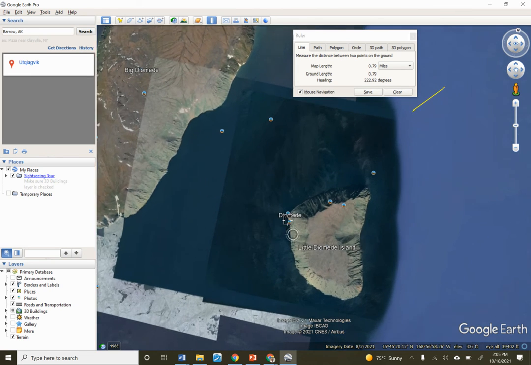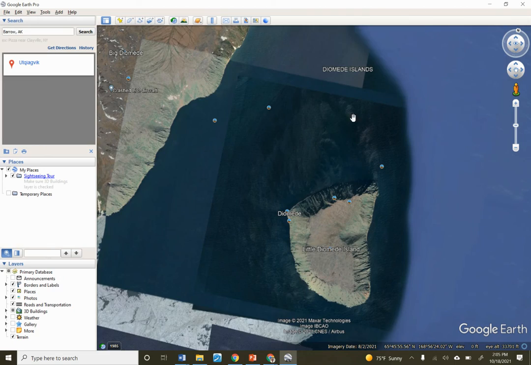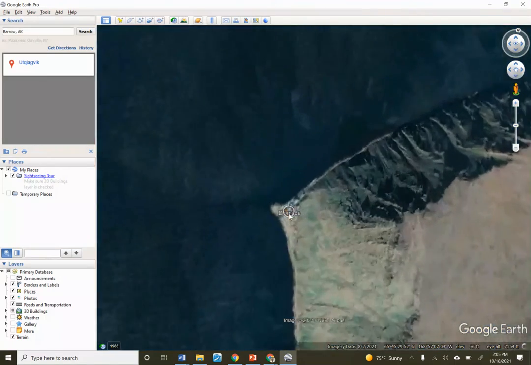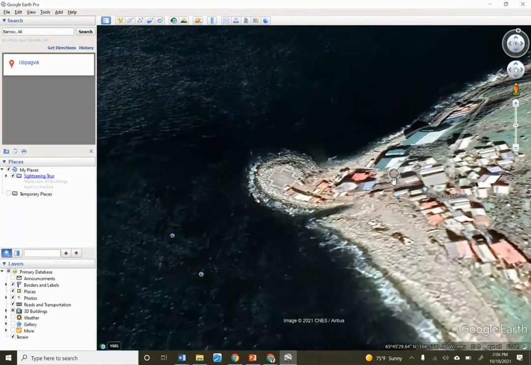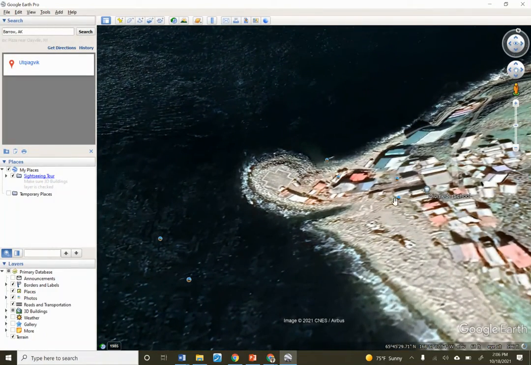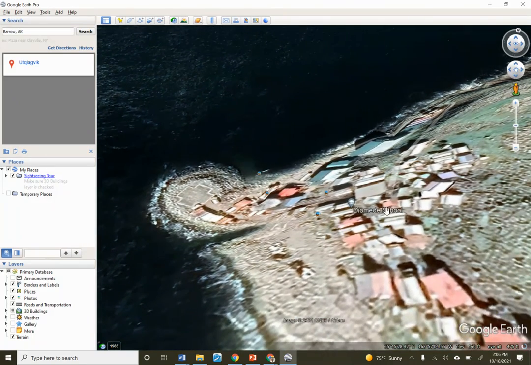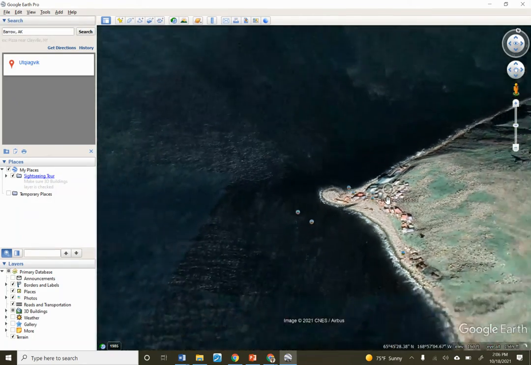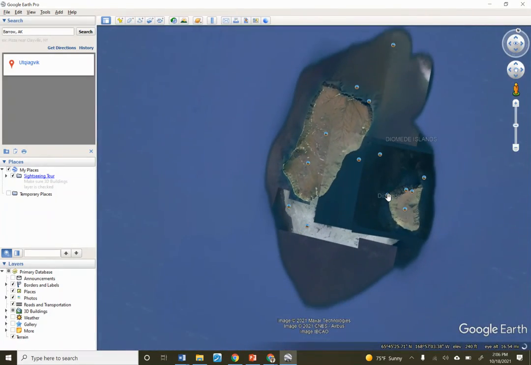Let me show you something else. Right in here, let me close that. So right here, yep, there's a fishing village. And the only way in and out of this village, if you've got to go long distances, is by helicopter. So this is the helicopter pad. They have a school, they have stores. But if you're looking for the mall, if you're looking for McDonald's or anything like that, you're not going to find it there. And of course, you can imagine that the people fish.